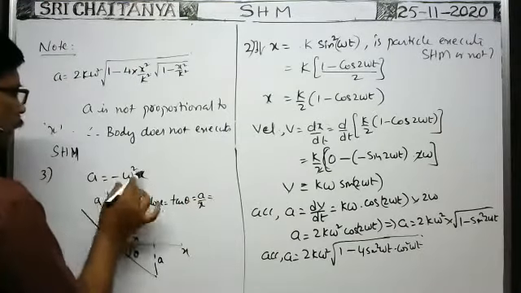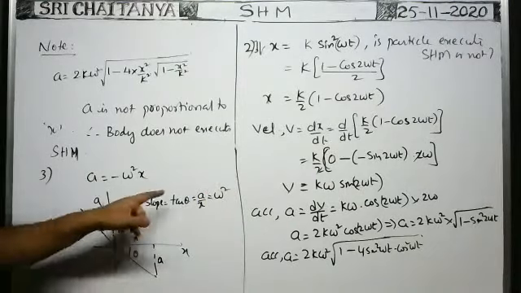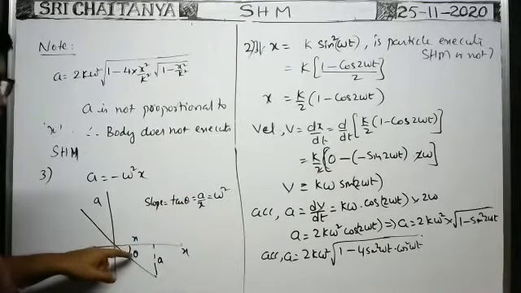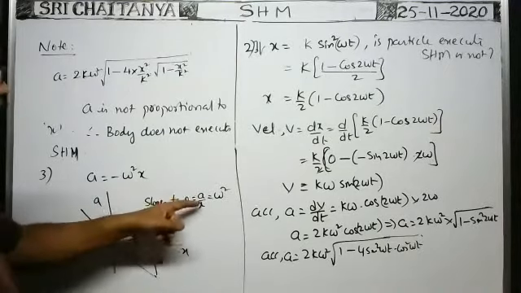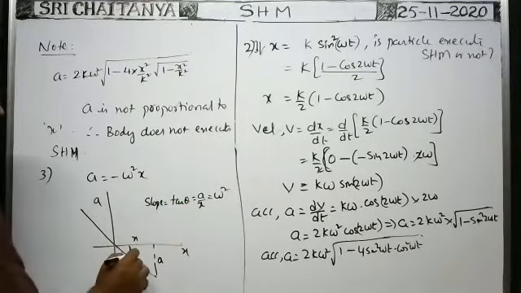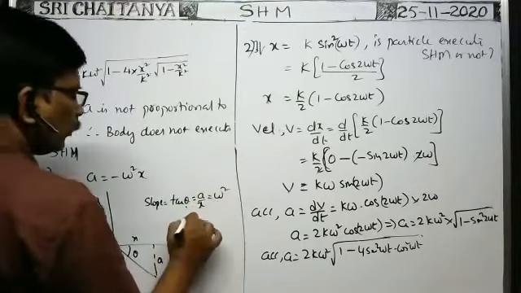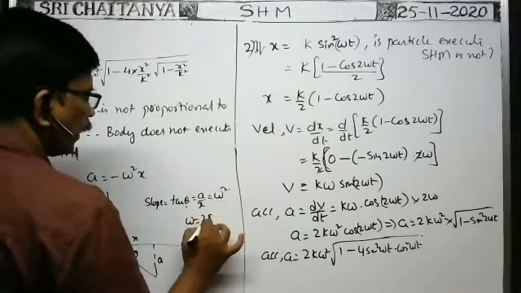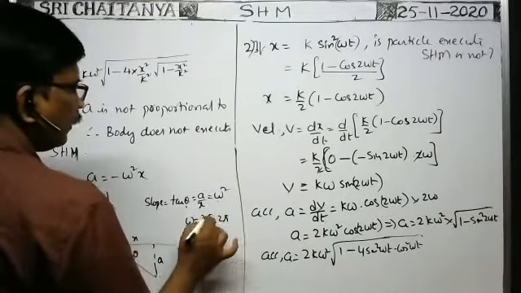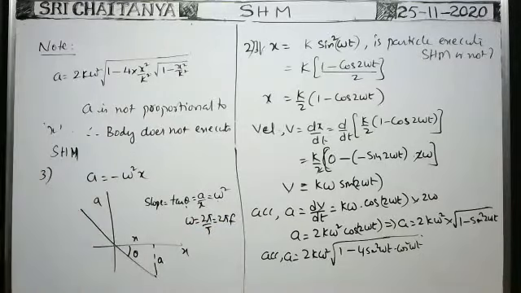From this formula, a by x is equal to omega square. That's why in magnitude, tan theta is equal to a by x, which is equal to omega square. So tan theta is equal to omega square. If you are given this angle, we can find the tan theta value, then you know the omega value. Omega is equal to 2 pi by capital T, where T is the time period of the particle. Suppose they ask for the frequency, omega is equal to 2 pi into frequency f, so we can calculate f. Okay.